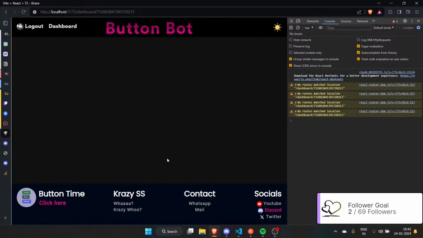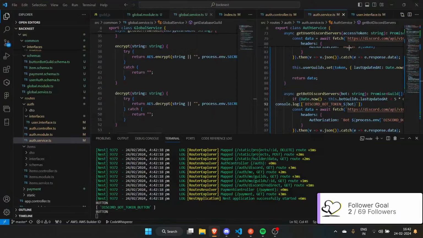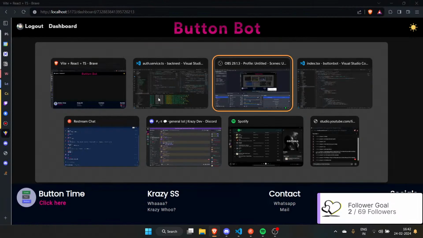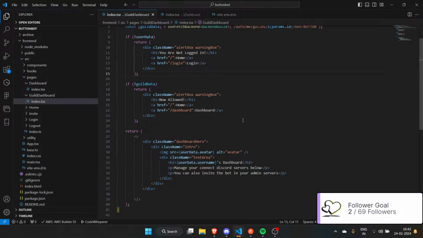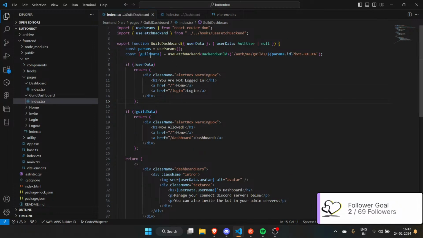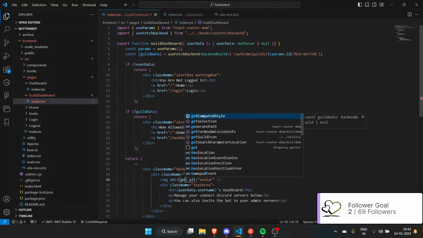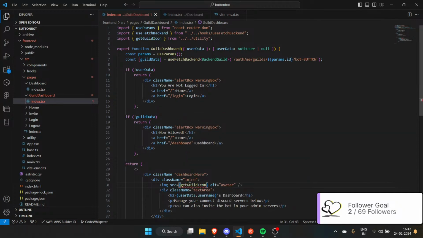Go to manage. And okay, let's set up this page. The progress is going a bit slow, I have a feeling, but it's all good, right? And I'll need to do get guild icon, guild data. We have avatar. Here I'll do guild data dot name.